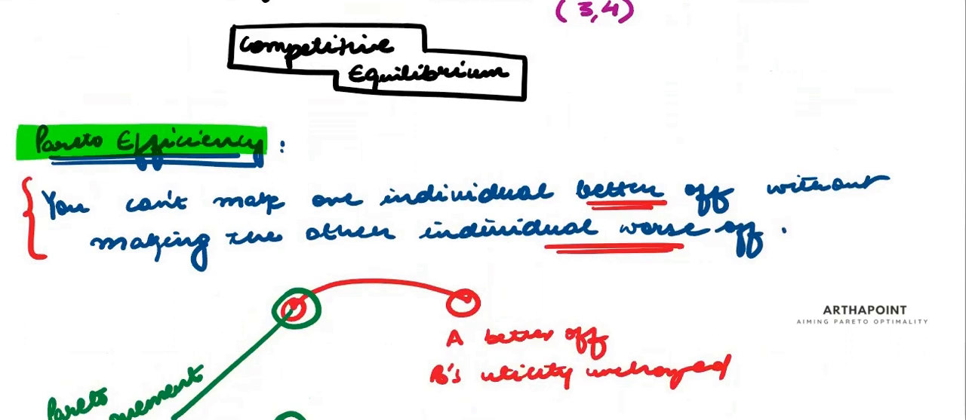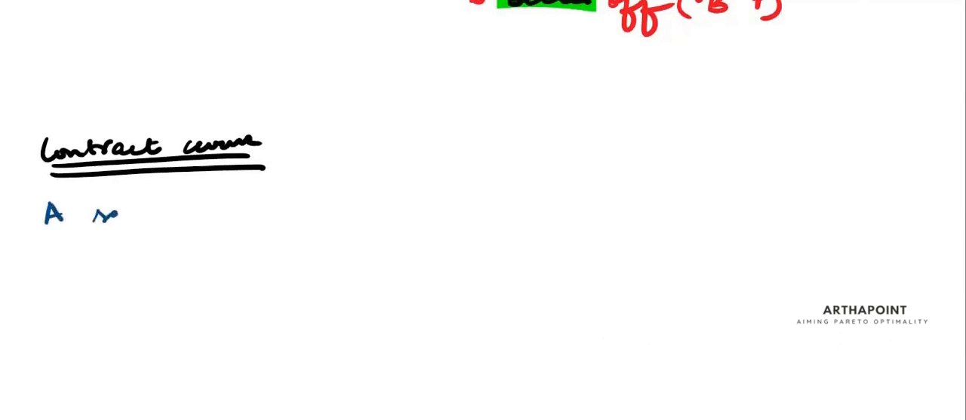And once we have joined all such points, if we have more than one point on my box, if we join all such Pareto efficient points, then that is called a contract curve. So what is a contract curve? A contract curve, you can write down, is a set of points